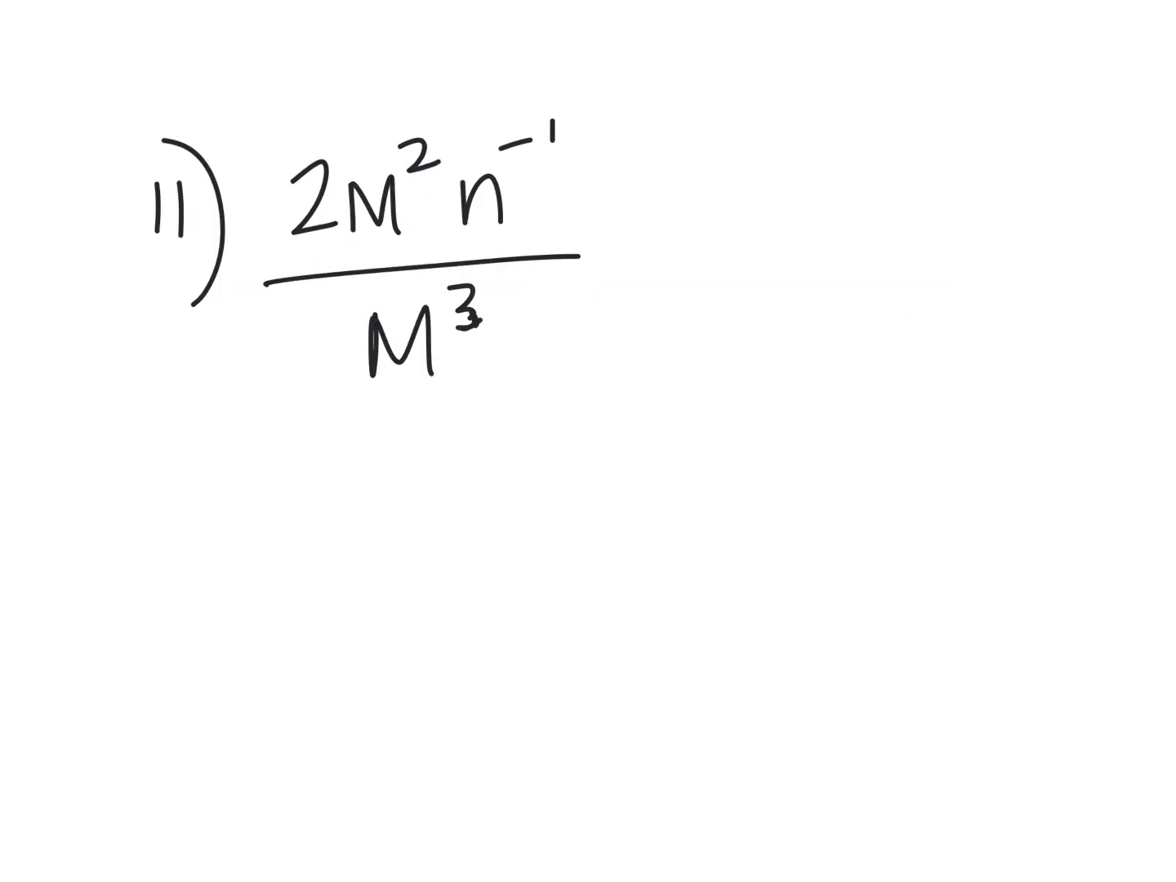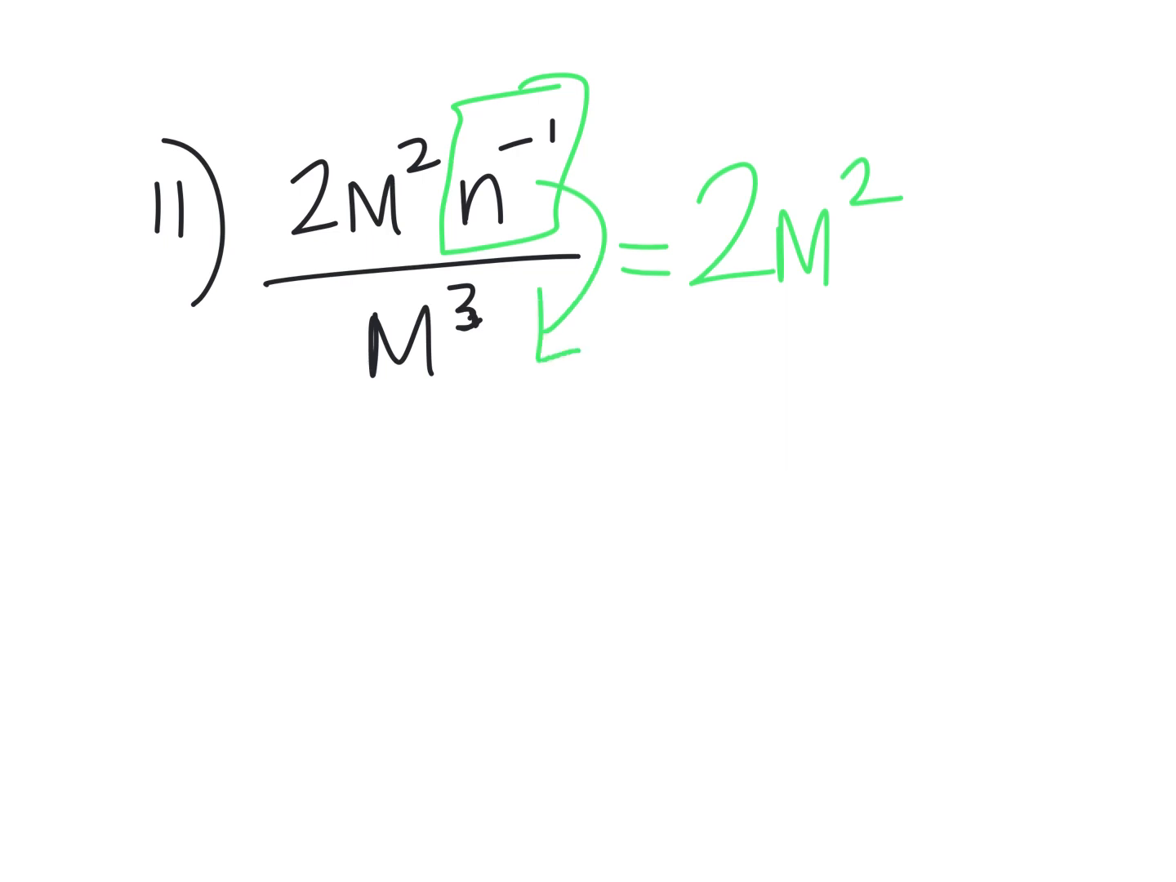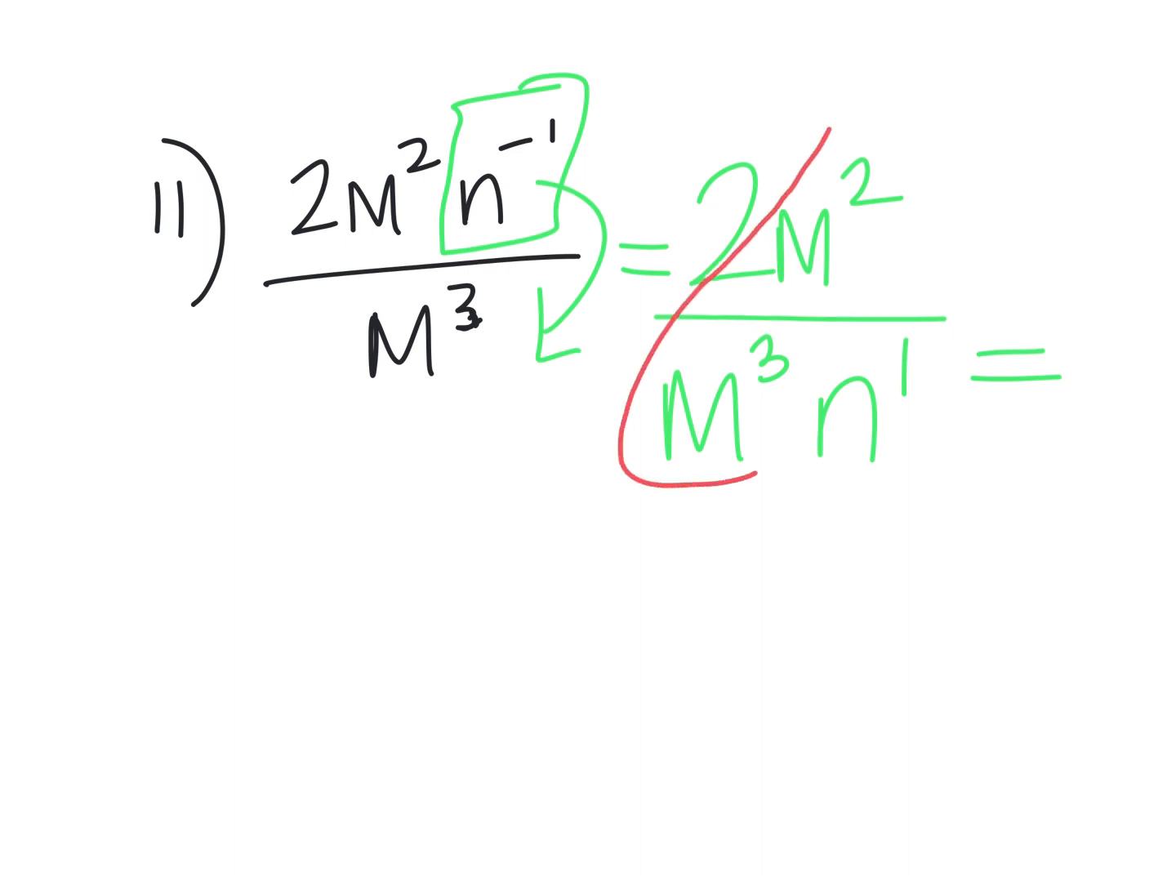Number 11, remember, pause and try this and then come back and check it. We're going to have 2, and then m squared is going to stay here on the top. N to the negative 1 is going to move to the bottom. So then we have m cubed with our new n to the first that just moved down. Then remember, when we have the same variable with exponents in a fraction, we subtract the exponent. So we would subtract, top minus the bottom. So 2 minus 3